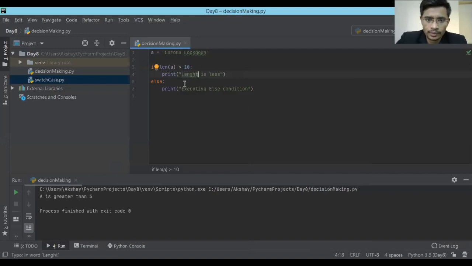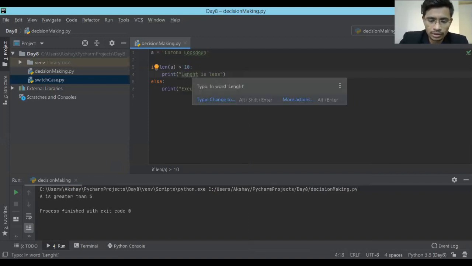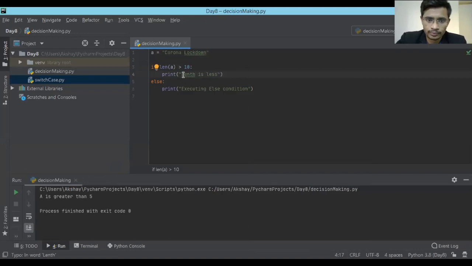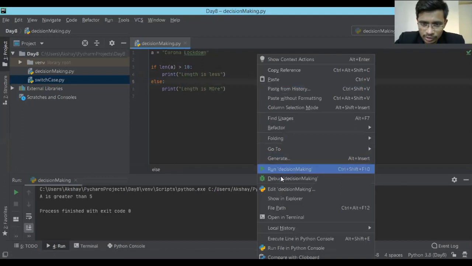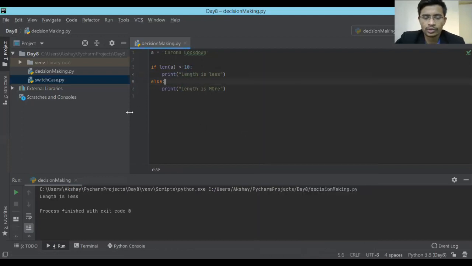Okay, I'm just going to run this again. So it is saying the length is less. Length of a is not 10. So actually it is greater than 10. Okay, so it is going in this branch.